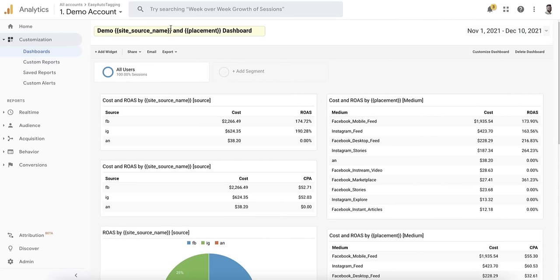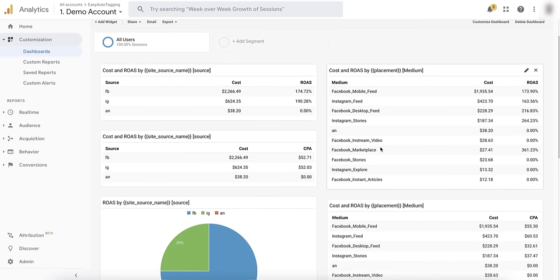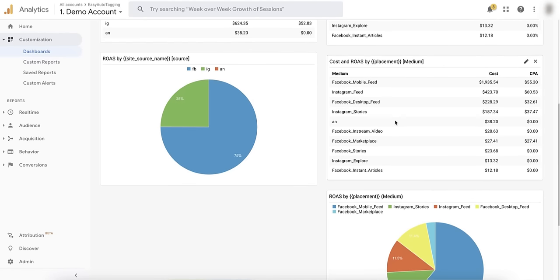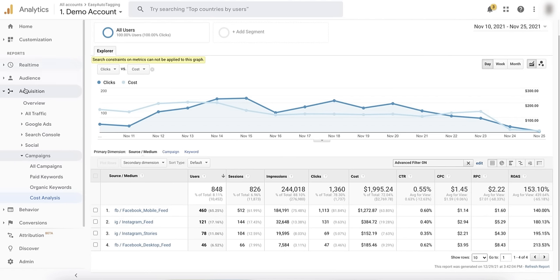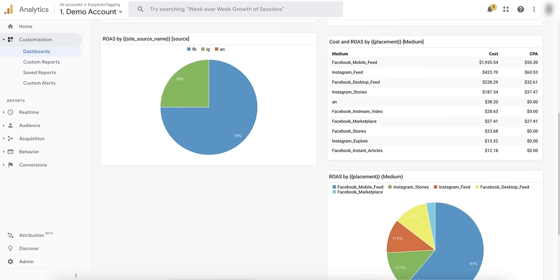Since Facebook's dynamic values resolve on link clicks, you can only see the resolved values for dynamic parameters in Google Analytics. To map cost, impression, and click data back to resolved dynamic values in Google Analytics, our system goes through a process called reverse data mapping. You can also leverage the cost analysis report to measure Facebook ads on site source and placement breakdowns.